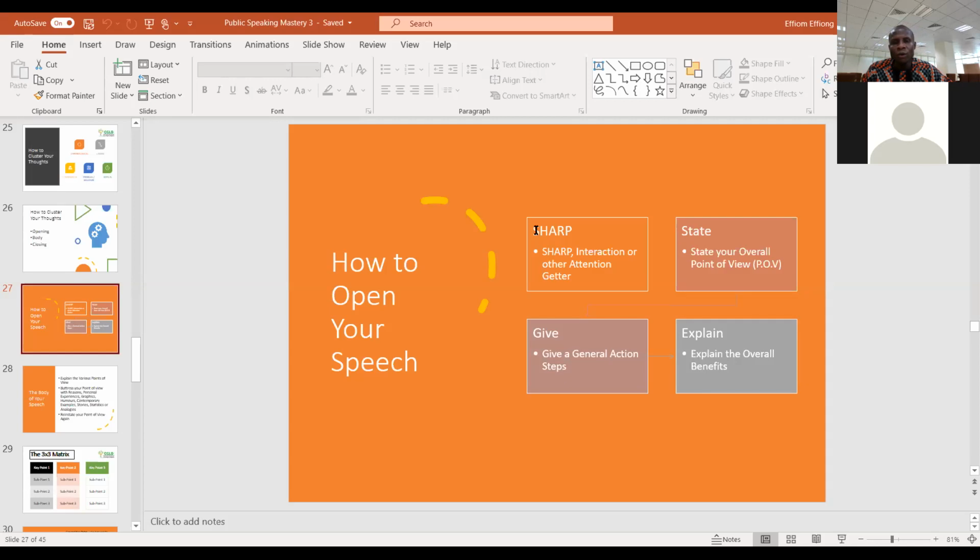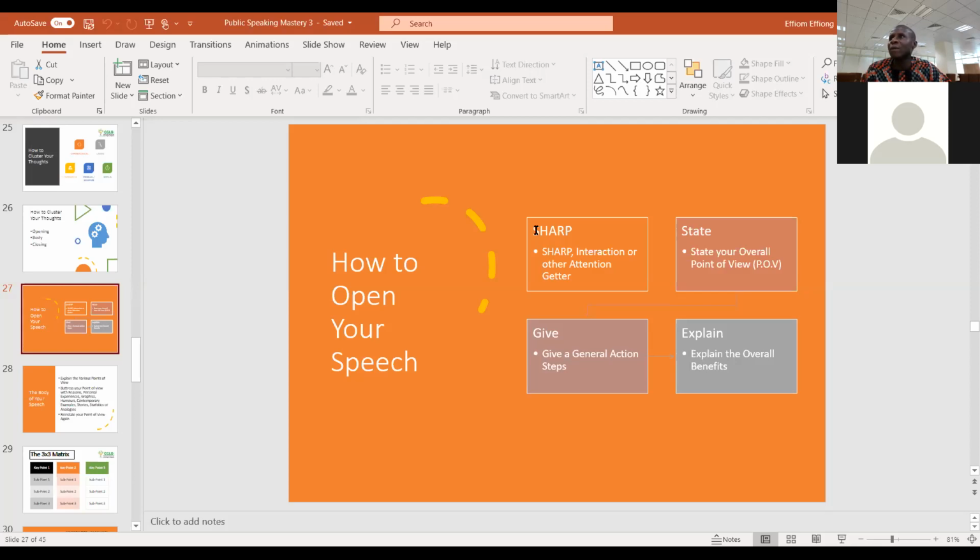Okay, so you could start with a story, you could start with a humor, you could start with analogy, you could start by references or statistics, you could start by showing them a picture. So while everybody is looking at that picture, you will now get everybody's attention to yourself, and then you begin to start. Or you could start with an interaction.